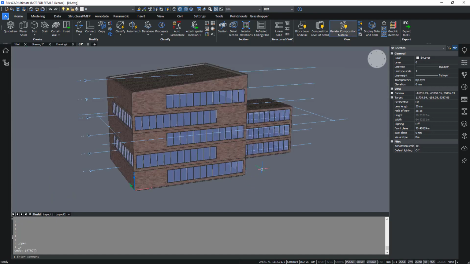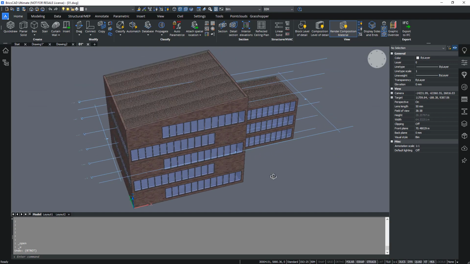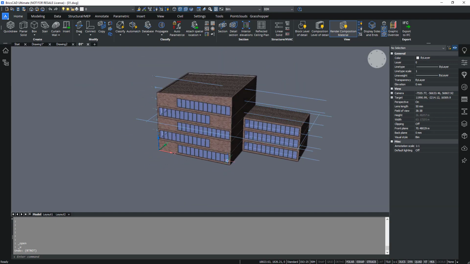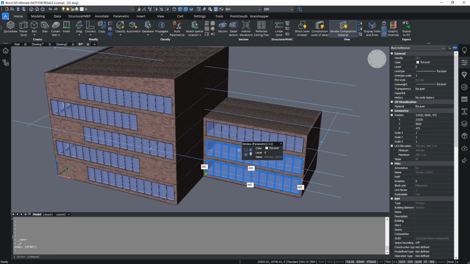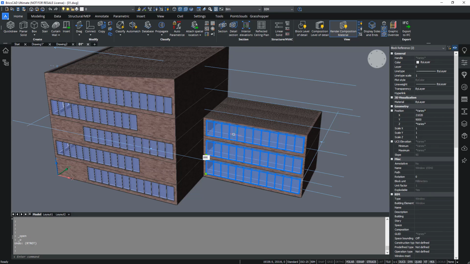Then you should see a building on which we are now going to use some of our tools to hide and show certain elements. So first of all, let's select these three big windows. You can just left-click on an entity to select it. For this, maybe make sure that all your prioritizations are off. It will be easier in the next part of the exercise.